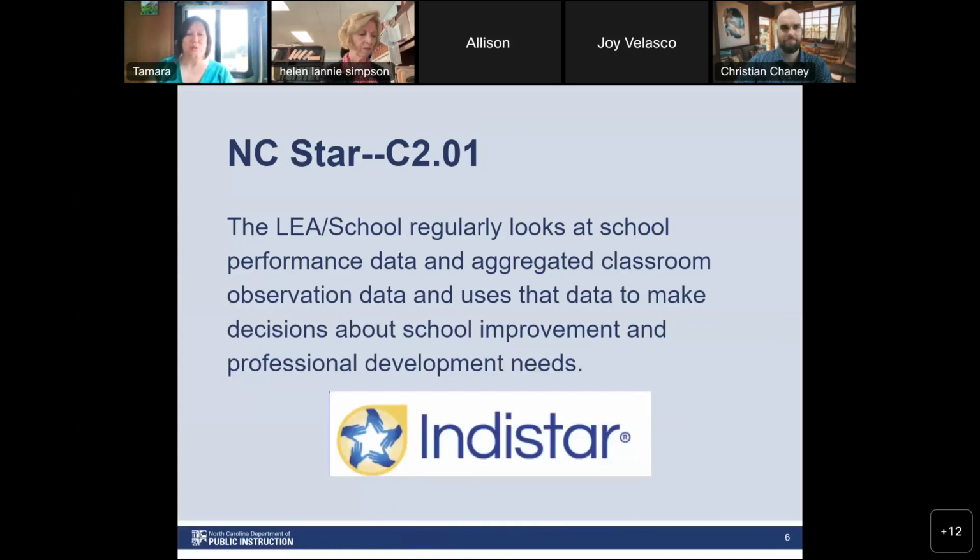Again, connecting to our why, is our ML data important? You might be familiar with the NC STAR indicators, and we're looking specifically at C2.01. So our ACCESS scores show up in our school performance grades and in school long-term goals. Students who take the ACCESS test are also taking other tests within the North Carolina accountability model. So even though we're going to be talking about one test, the student who takes that one test could count up to 4 times in that accountability model.